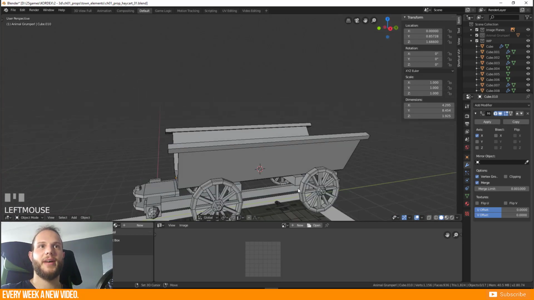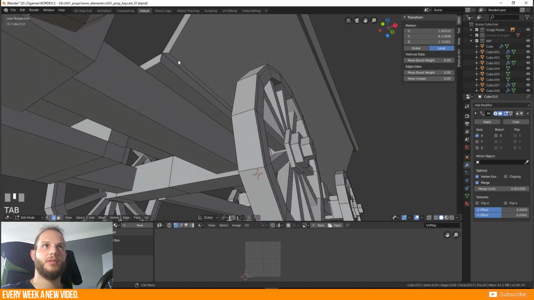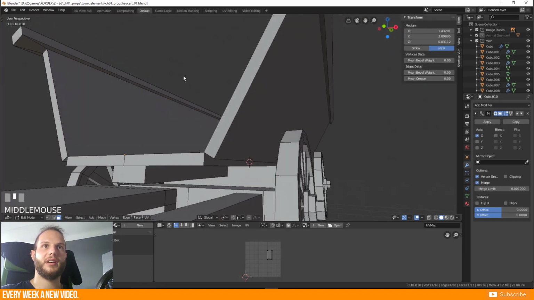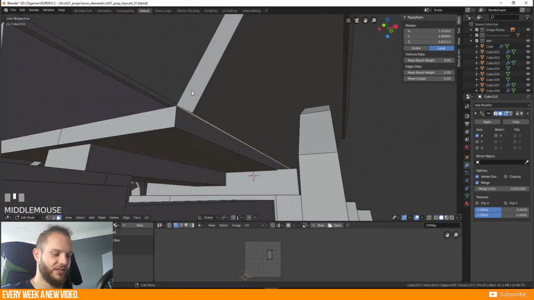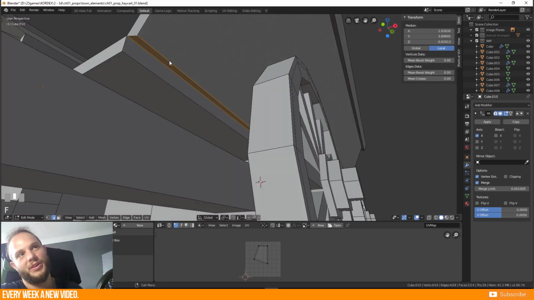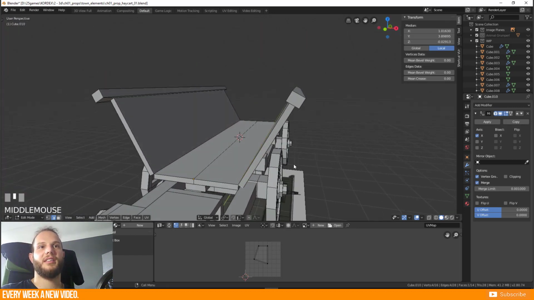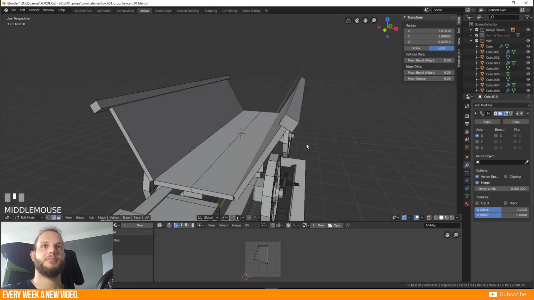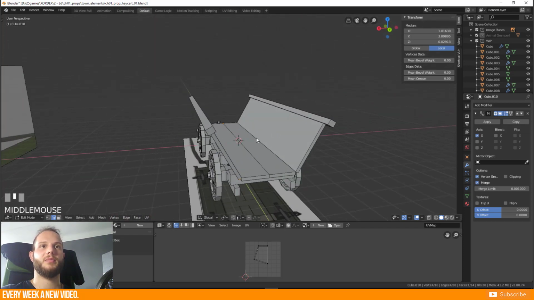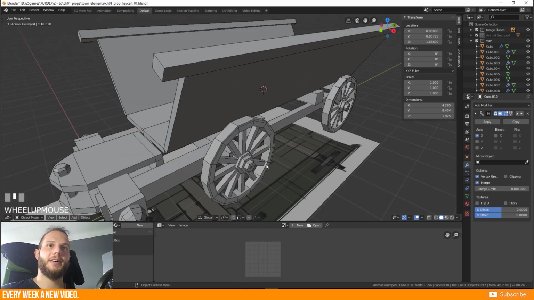This is much more better when this is clean, and the only thing is we need to bring there a face, because this is currently open, and just press F to fill this one, so it is as well a closed object. This wasn't before like this, because yeah, we see there's the mirror modifier, and it was a little bit different. Anyway, okay,